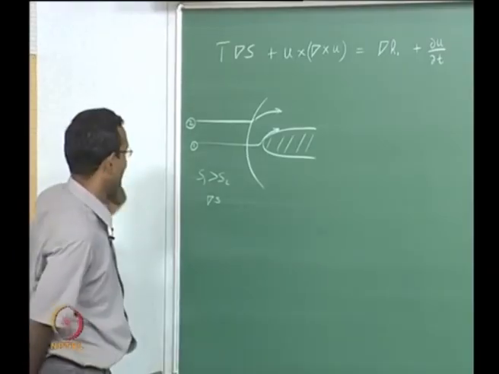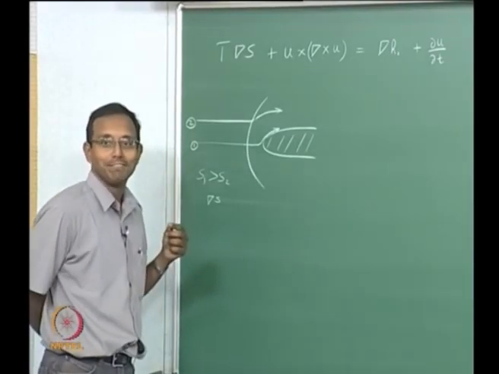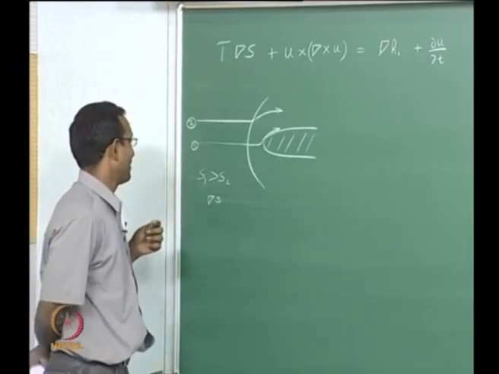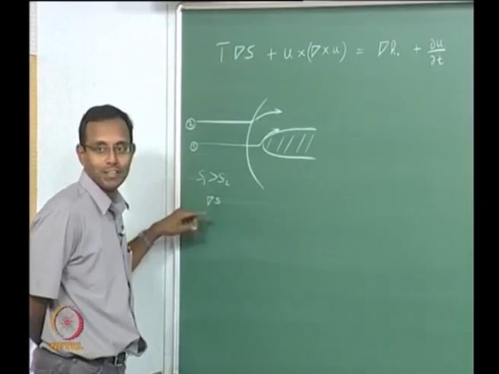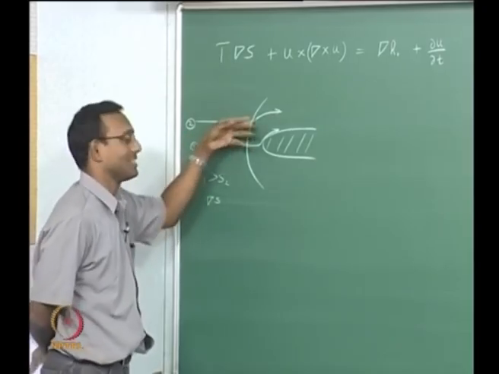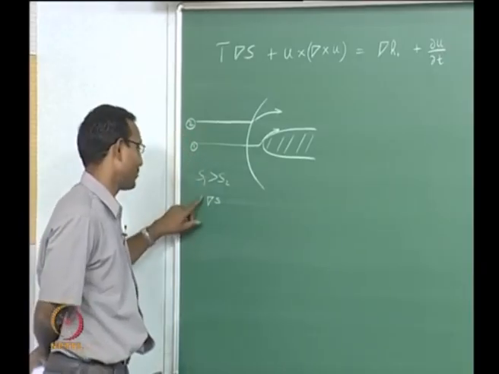What will be my del S? Will it be positive, negative? So it is going to have a dou by dou x term and a dou by dou y term. Let us assume that the change in x is very negligible. We will just look at the y term. What will that be? Dou by dou y term.